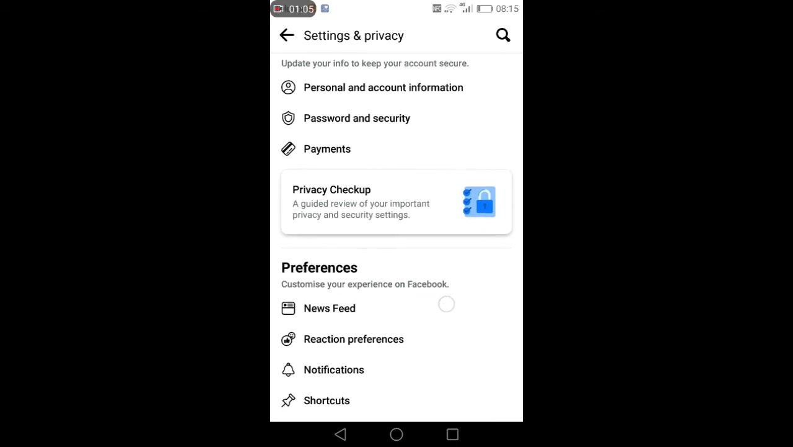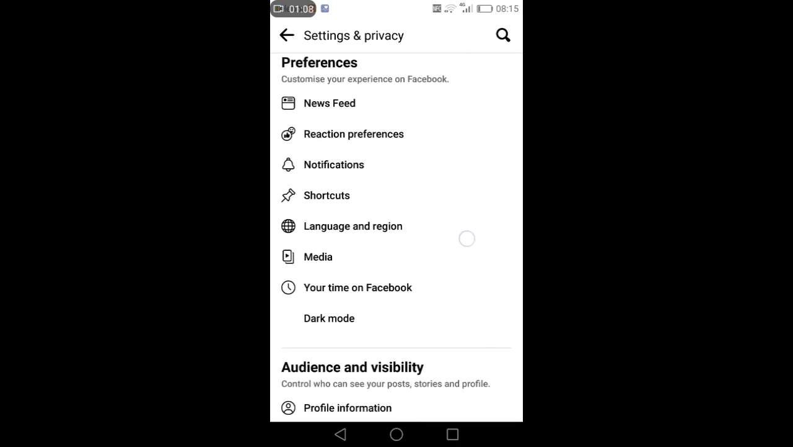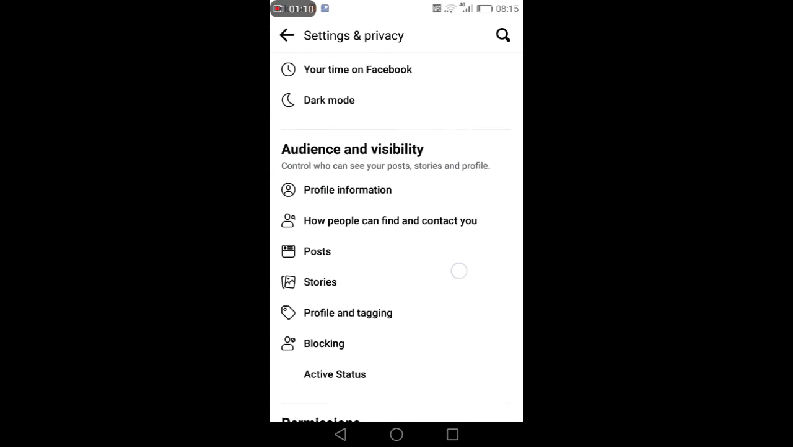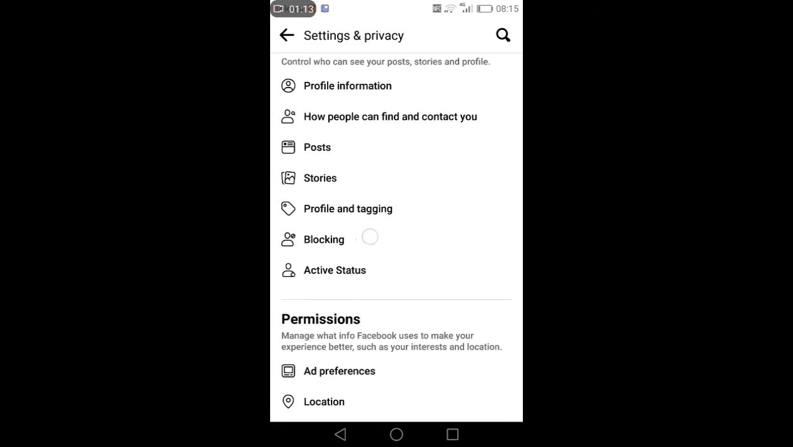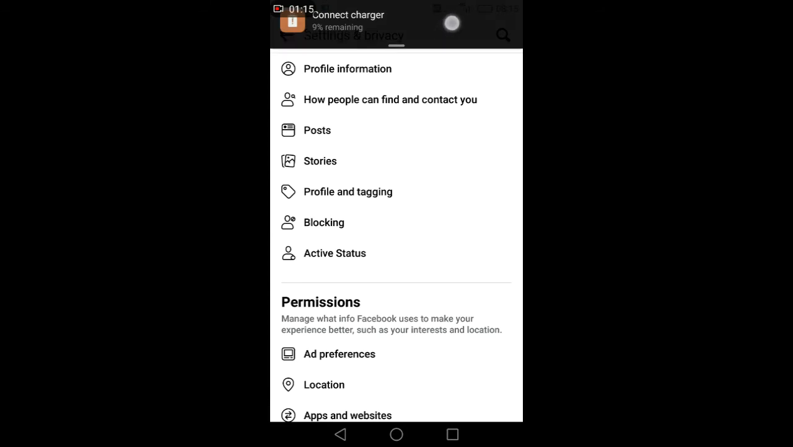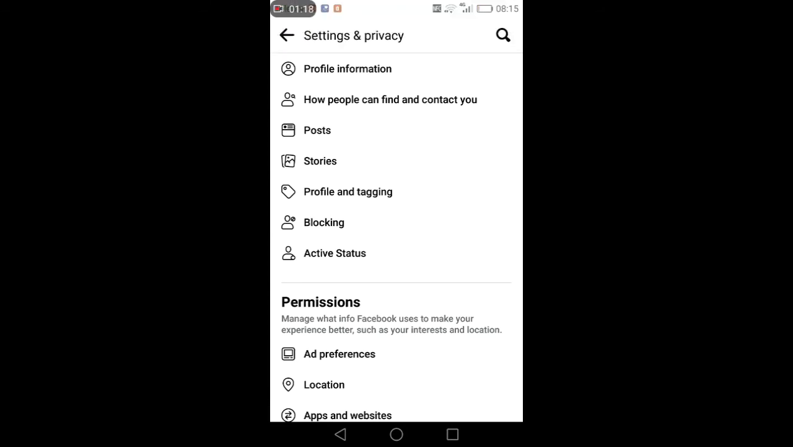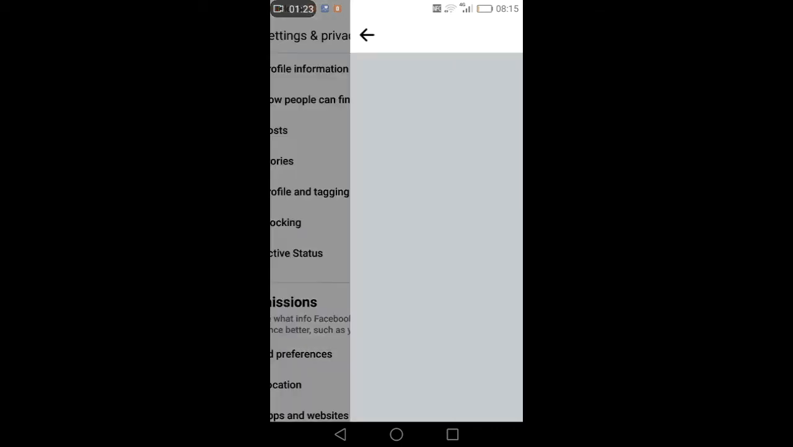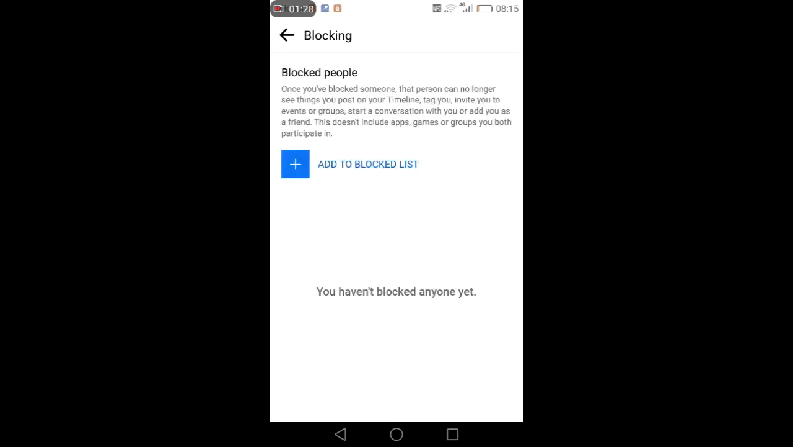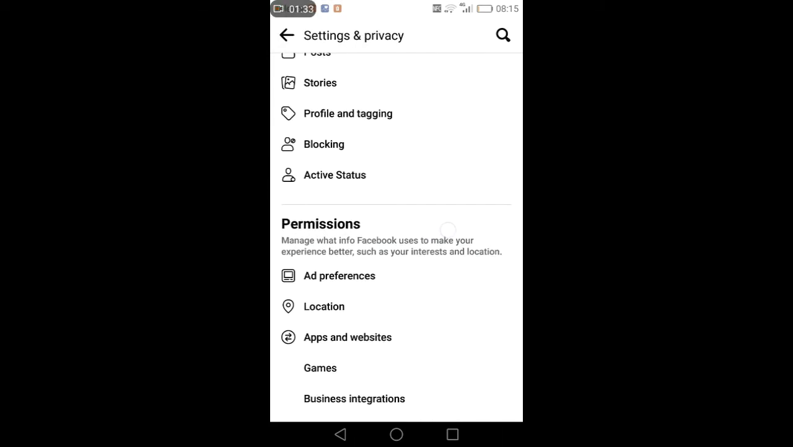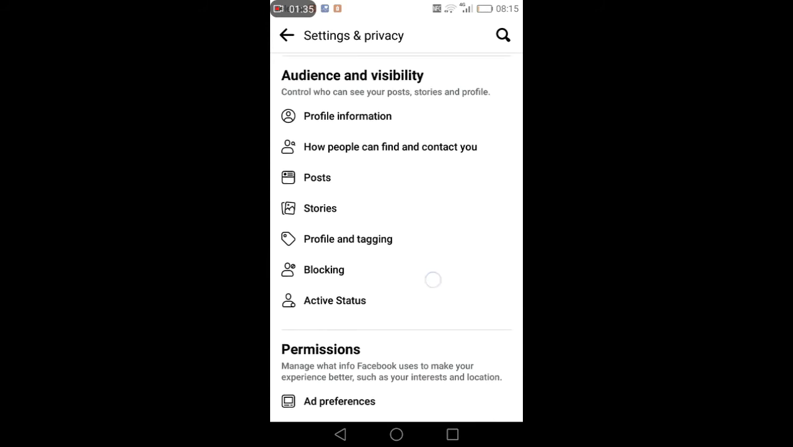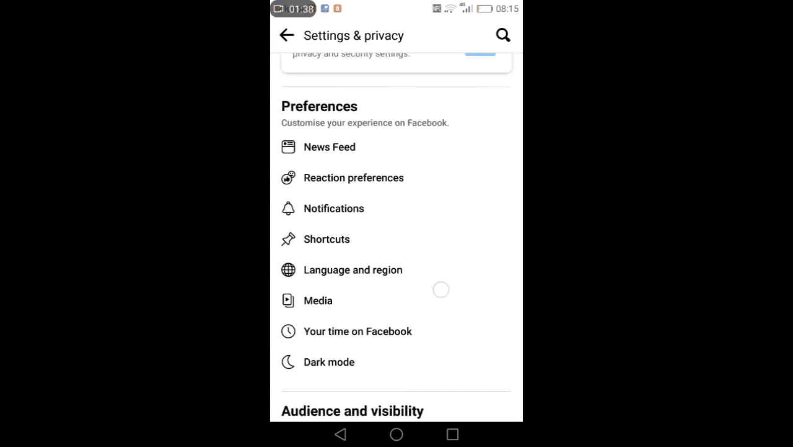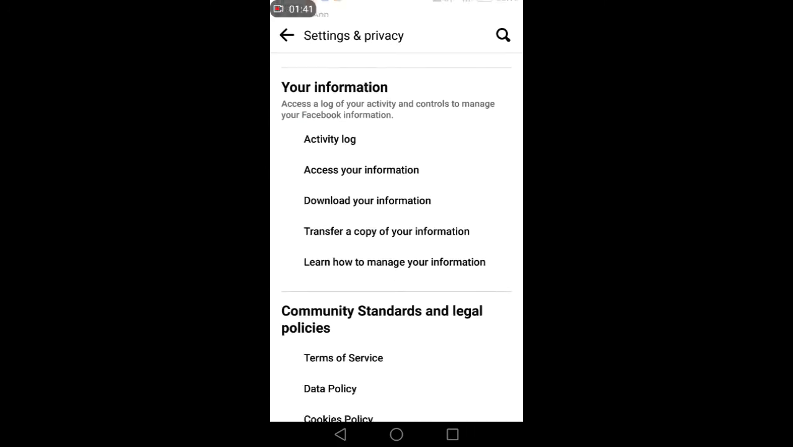When you go to Settings and privacy, in these options you have to find the blocking option. Okay, if you have sent a friend request to your friend or anyone, or your girlfriend or your boyfriend, and they reject your friend request and block you, after that you cannot send the friend request. For this purpose you need to make another account, sign in to the other account and send the friend request. Okay, the second thing is when you go to the